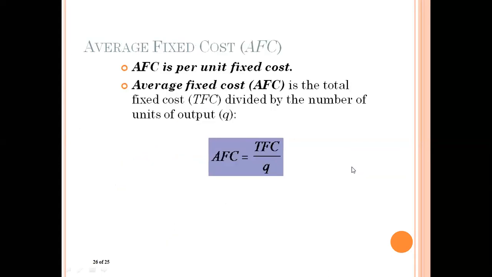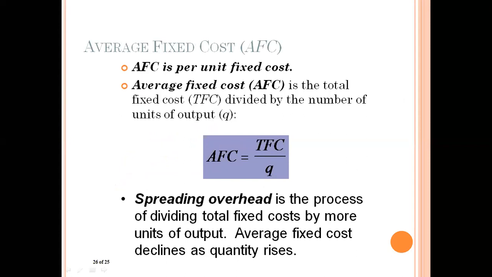All right. Now let us talk about the average cost. आपको पता है total वाले को if we divide it by the quantity, we get the average. So the very first question arises, what is average fixed cost? So average fixed cost is basically total fixed cost divided by unit.